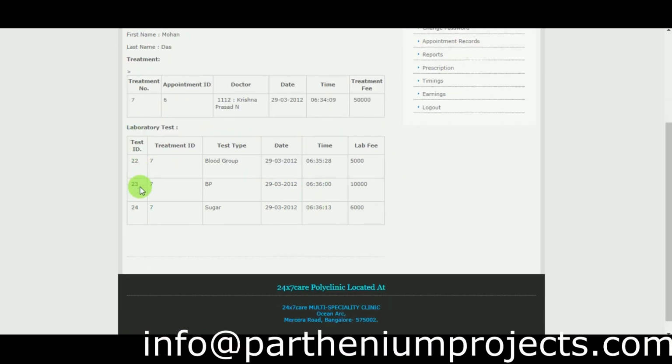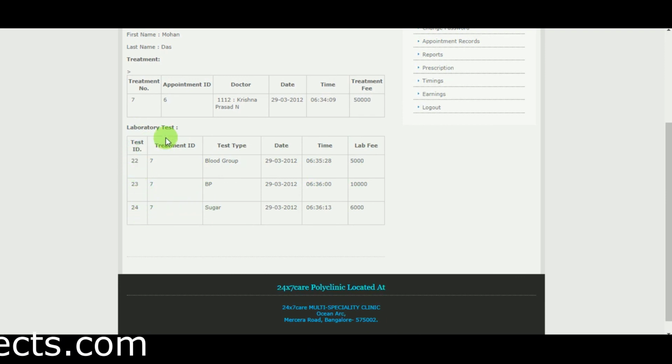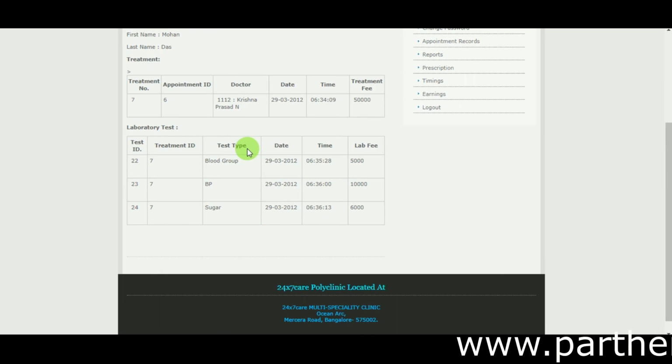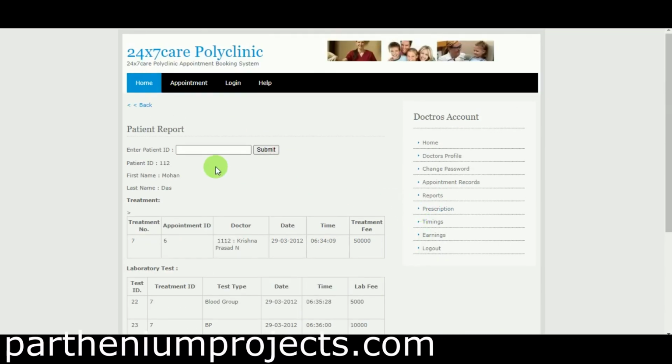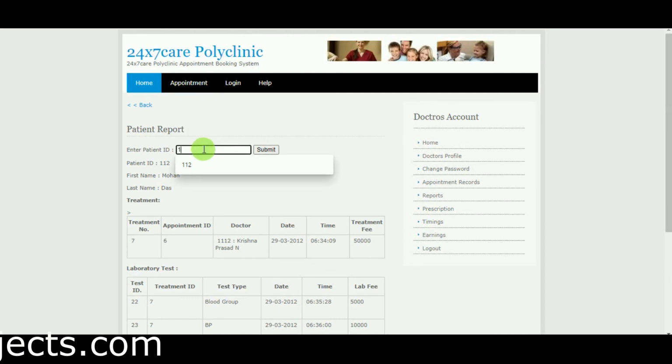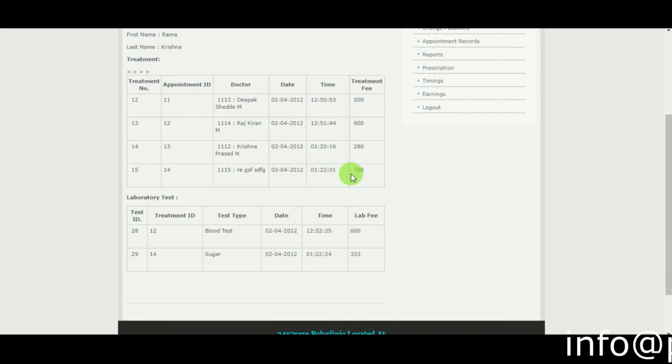Other reports like lab reports are displayed over here. You can see the lab test ID, treatment ID, test type, date, time and lab fees. You can see any of the patient details by giving the patient ID.